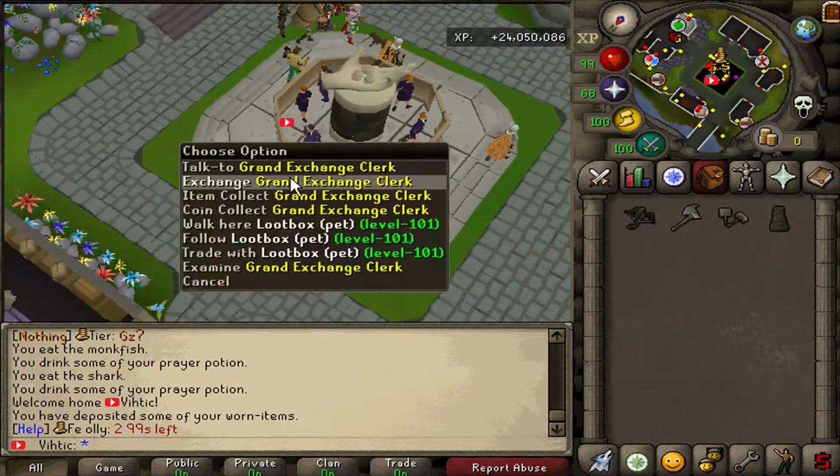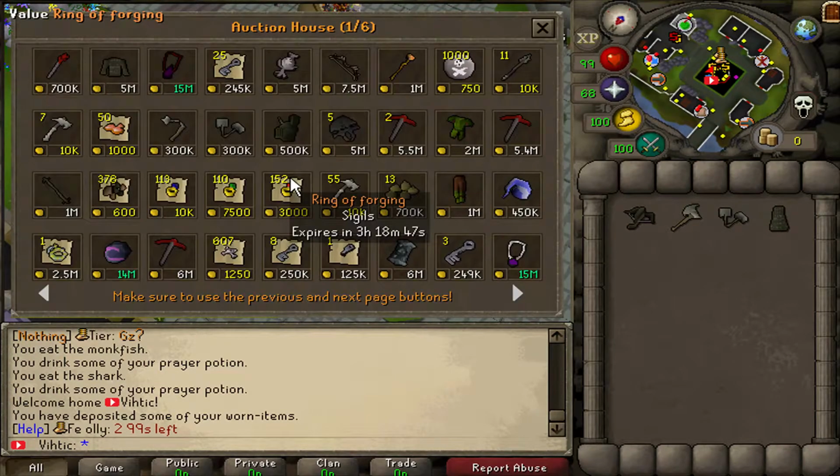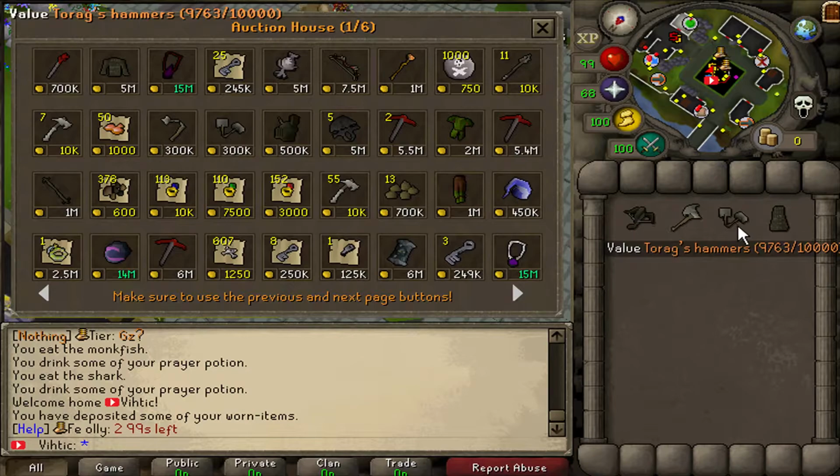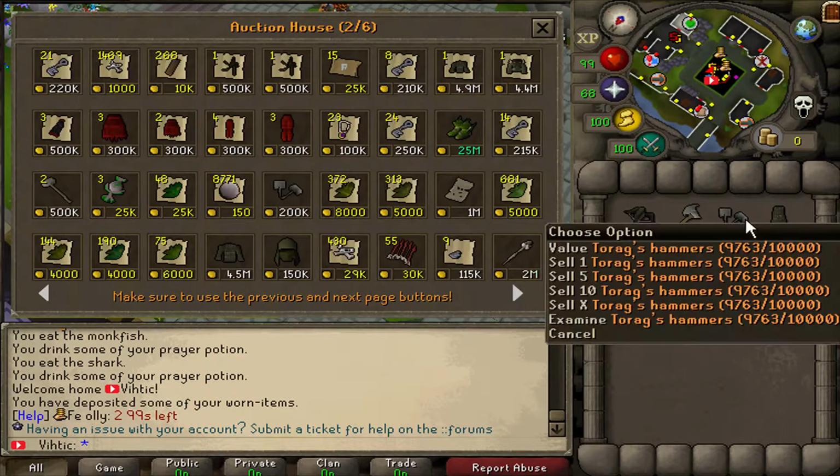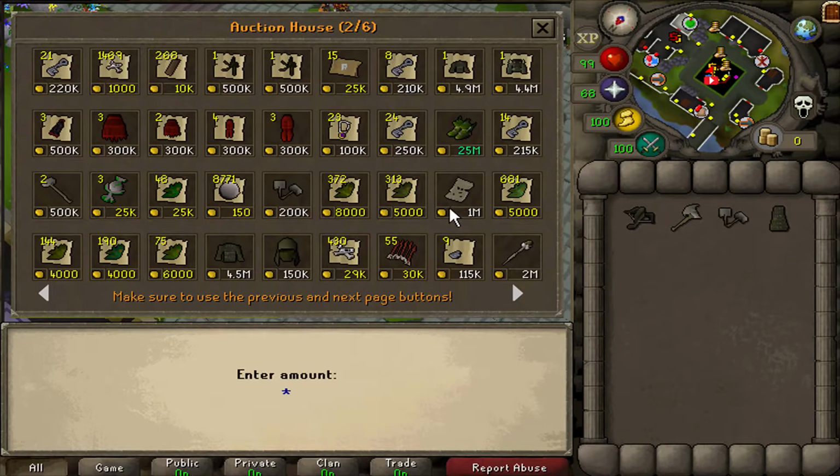Alright, so I think we're going to start off on Barrows. That's going to be our best bet, but how about we first put some of these up for sale? I don't think I want to sell the Aram's robe skirt. I'm going to use that for Barrows anyway, so we might as well keep it. Thorax hammers are obviously terrible, but I mean...